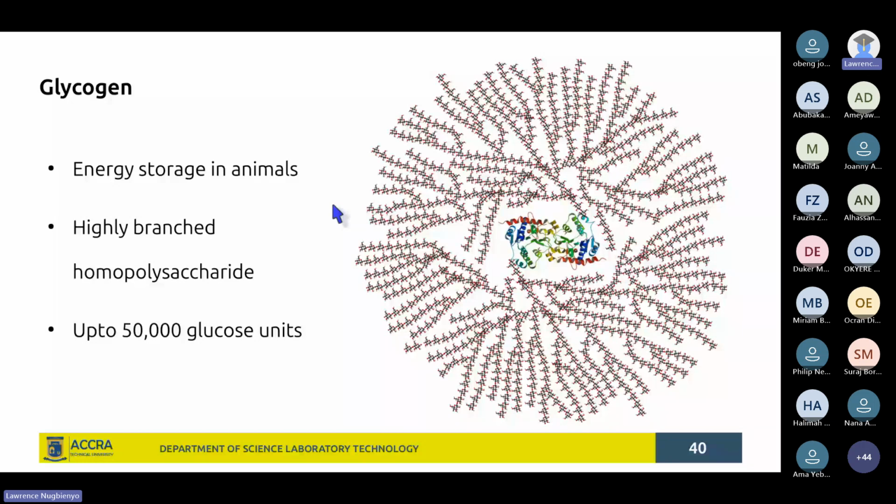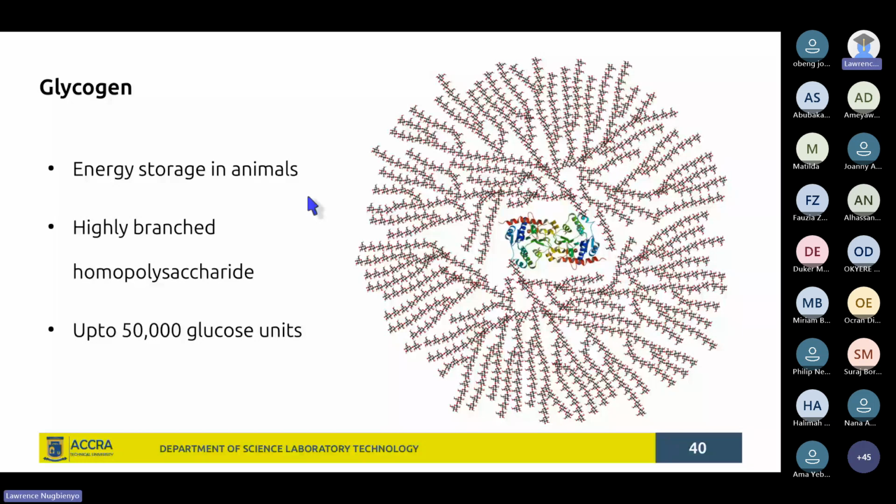For it to be effective, it couldn't have been just a straight chain of glucose that is being stored as glycogen. If it happens that way, it means at the time that glycogen will be needed to be broken down, it can only break down from one end, from only the terminal end of the molecule, giving out glucose molecules into the bloodstream